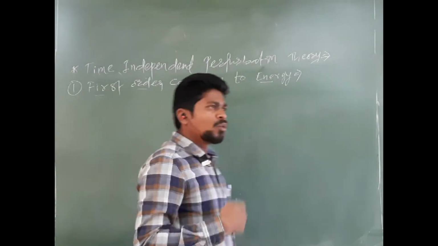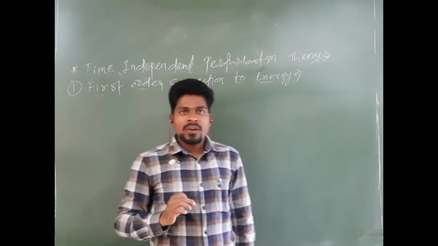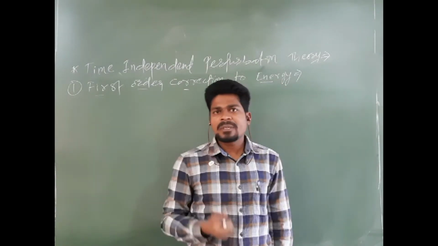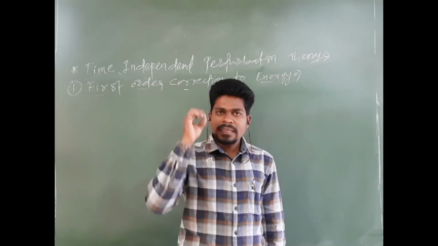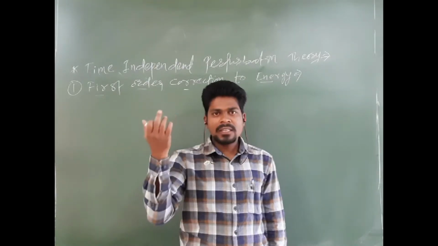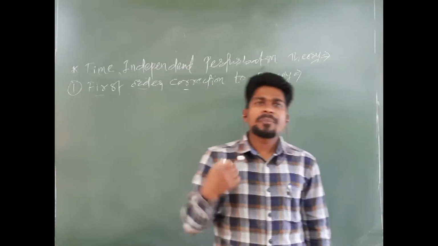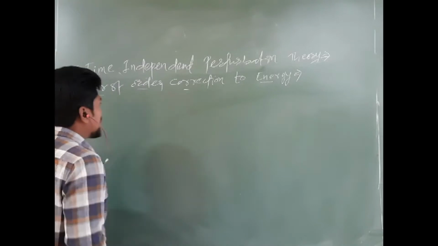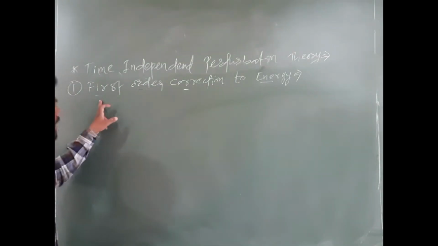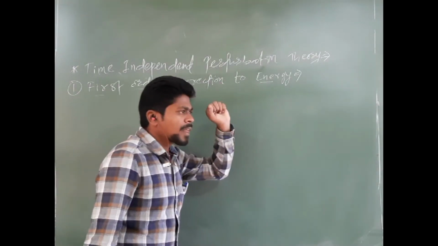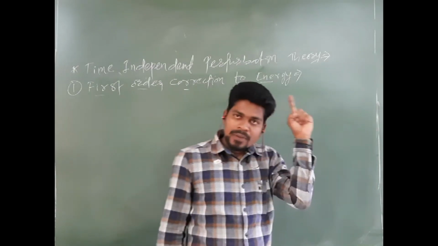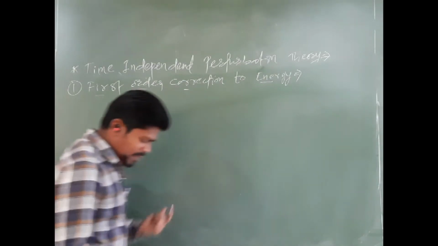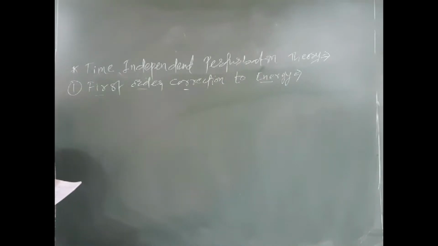As I have already told you in the previous lecture, whenever we try to derive the perturbation equations, we will start exactly from equation A, equation B, or equation C. So to derive the formula for first order correction to the energy, we will start our discussion from equation B. What was equation B? Equation B was the first order perturbation equation.